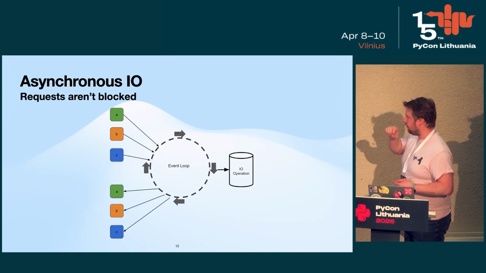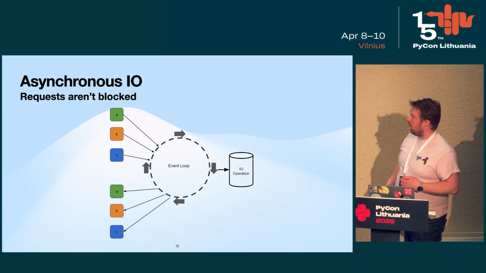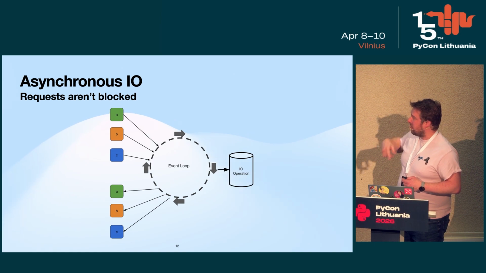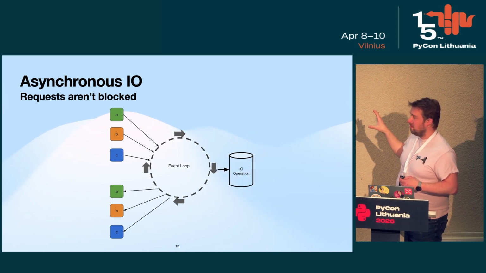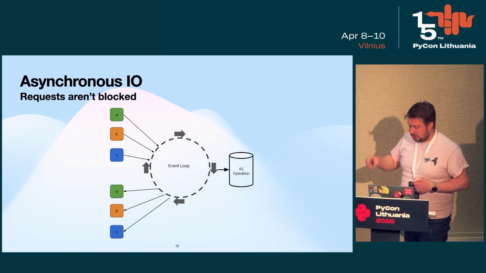And basically that means that when you have these I/O operations, this single-threaded event loop doesn't block the other requests. That I/O gets sent off to do its work, but the event loop continues to process